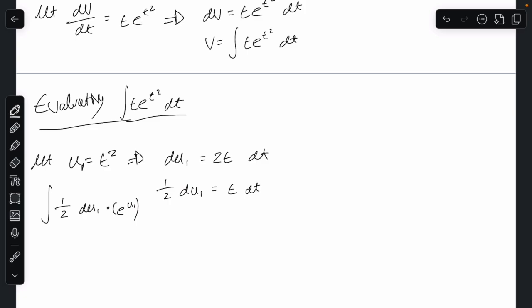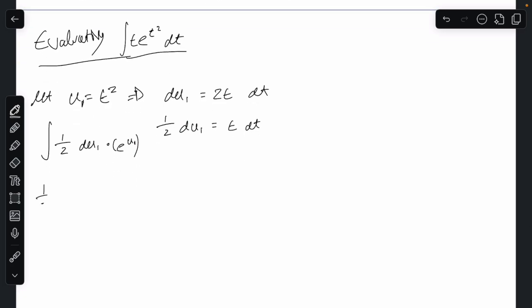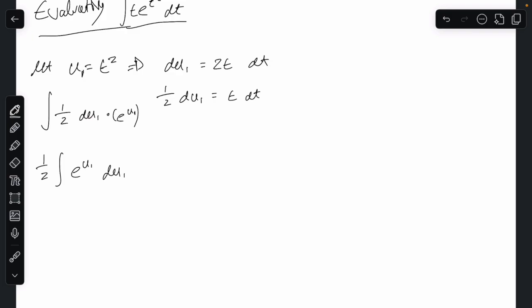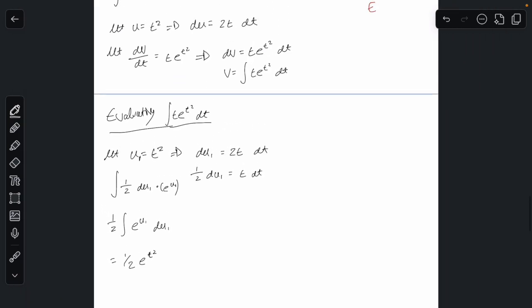So we get a half of the integral of e to the u1 du1, which gives us a half of e to the t squared. That's the lower side. So we've got that there. So we evaluated this, and we evaluated